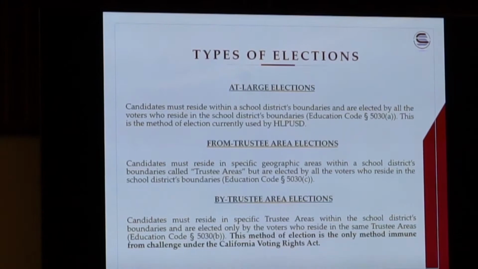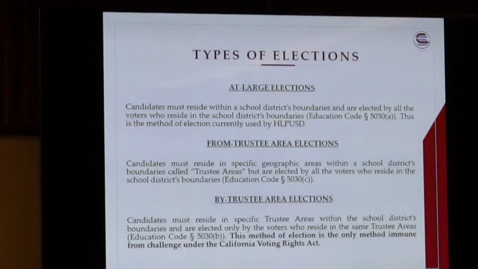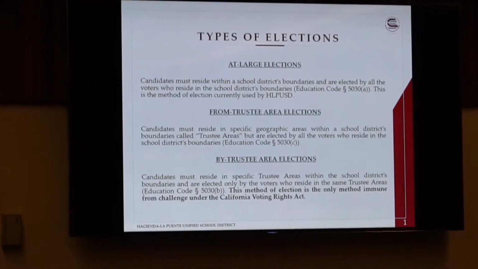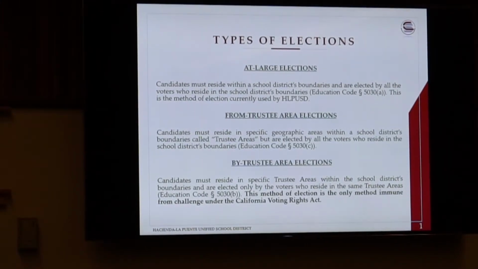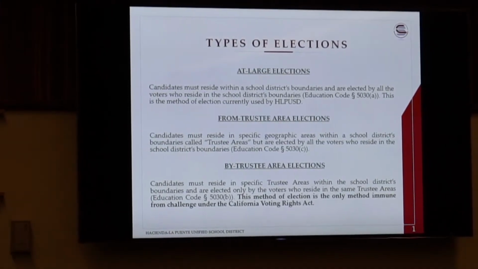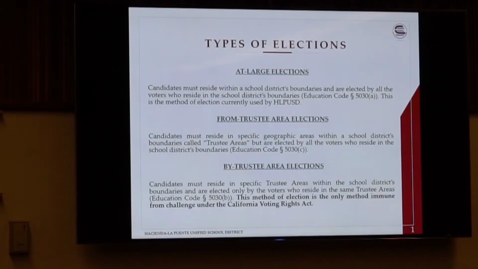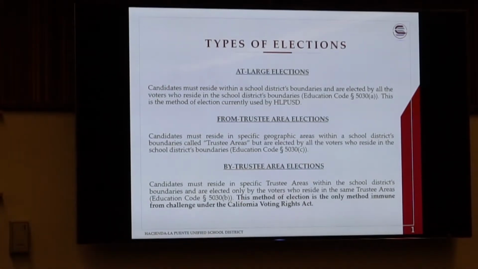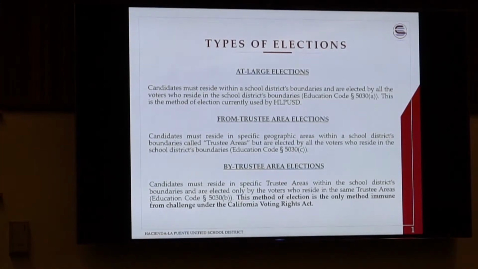So as you know, the district is converting its election method. There are three types of election methods that school districts have access to use. One is the at-large method of election that you currently utilize. One is a from-area method of election, which is essentially an at-large method, but with different geographic areas that board members have to be elected from. And then there's the type of election method you're converting to, which is the by-area method of election, where you have what will be 5 voting areas in the district, with a board member elected from each of those areas only by the residents, voters within each of those 5 areas.